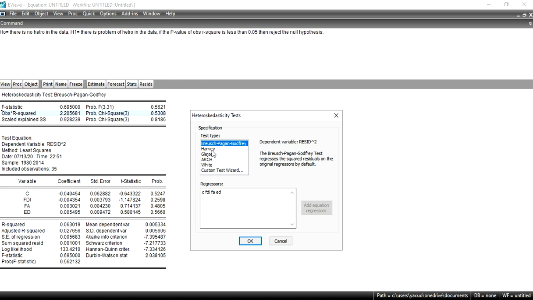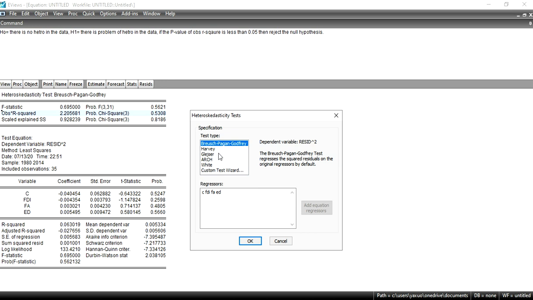There is a difference between their theory and their steps of calculation of their values. I will try to discuss the theory behind these tests in upcoming lectures.